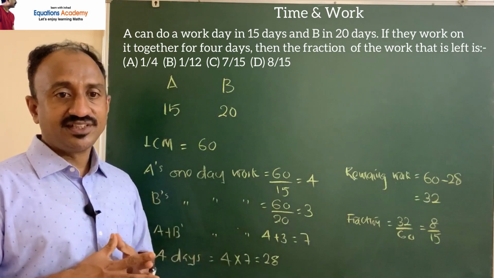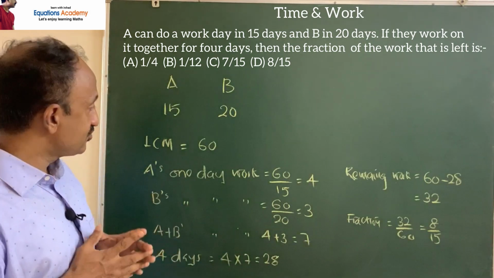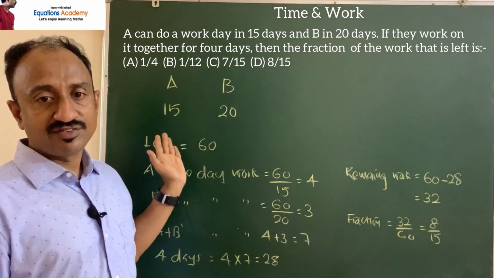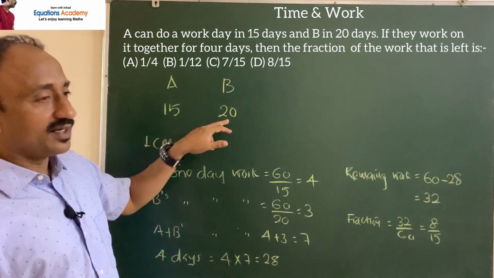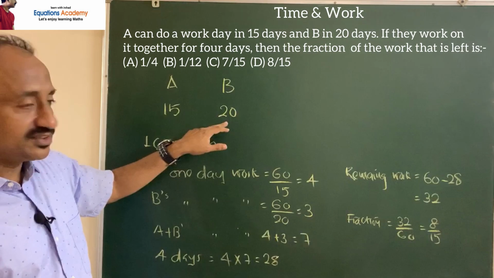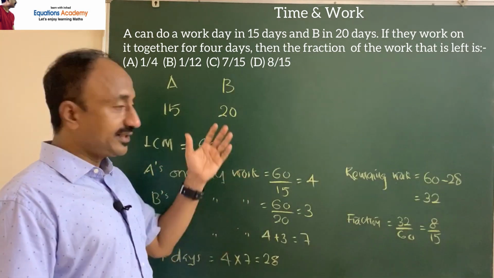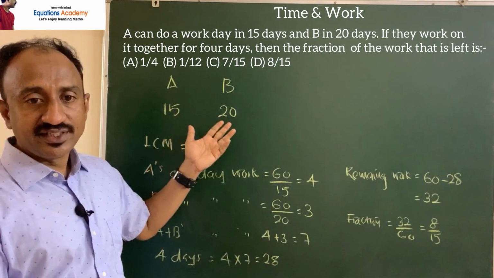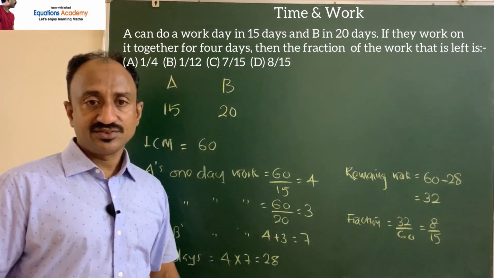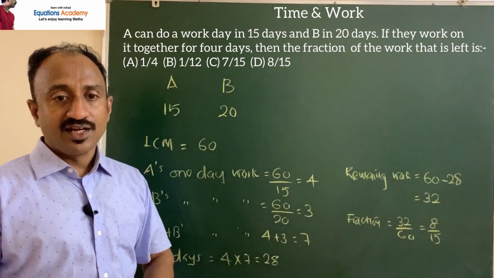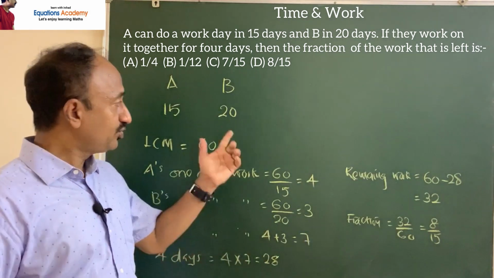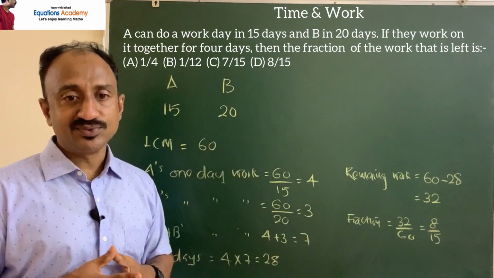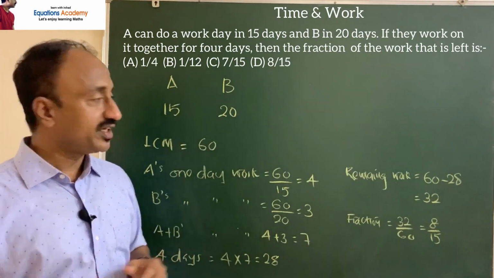So as we did before, find the LCM. What is the LCM of 20 and 15? Check. Take the higher number here, that is 20. The greater number is 20. So check if 20 is divisible by 15. 20 is not divisible by 15. In that case, take double of 20. 20 into 2, that is 40.